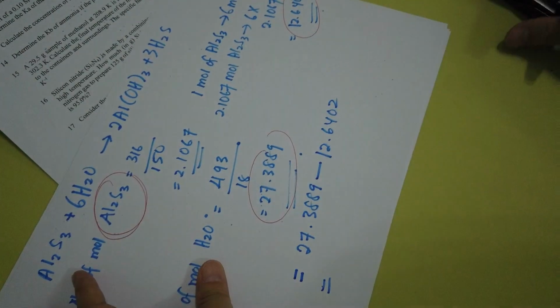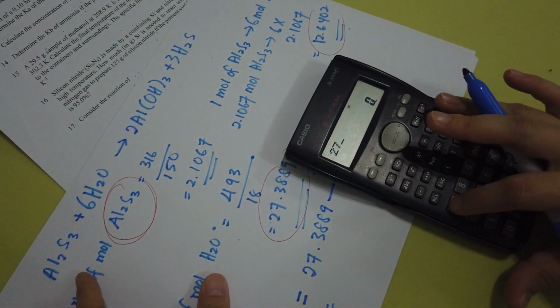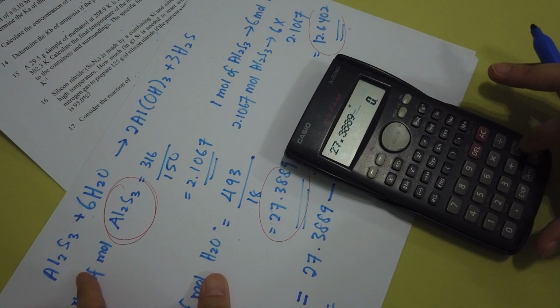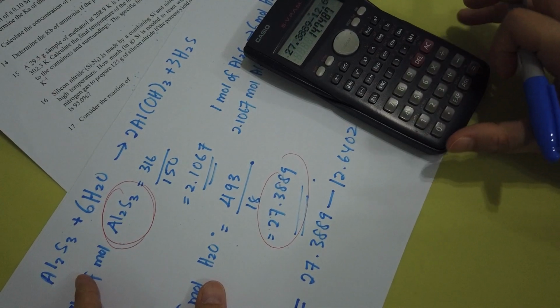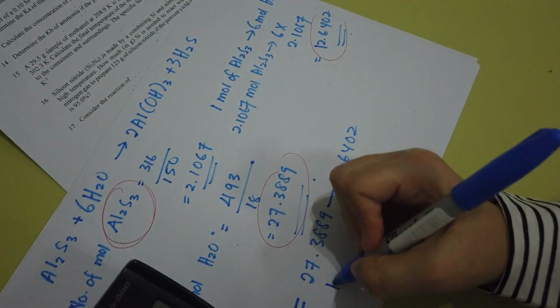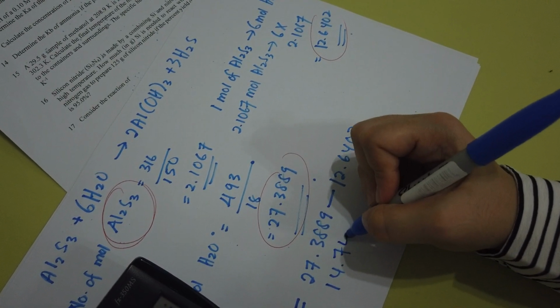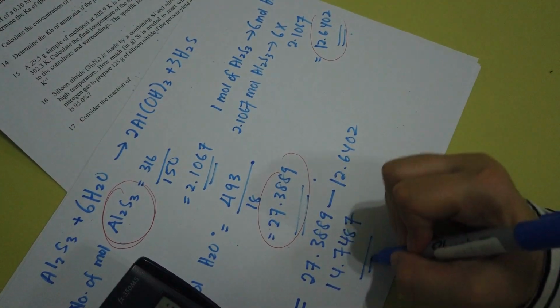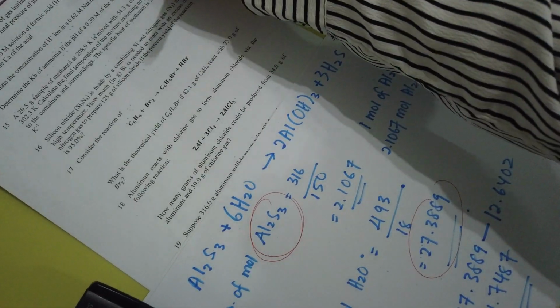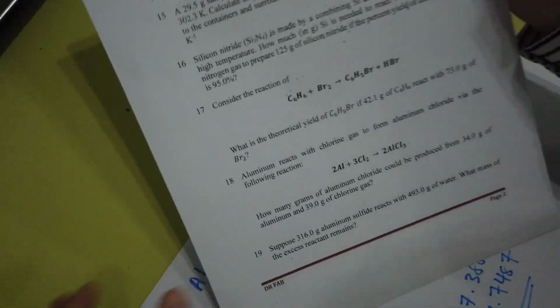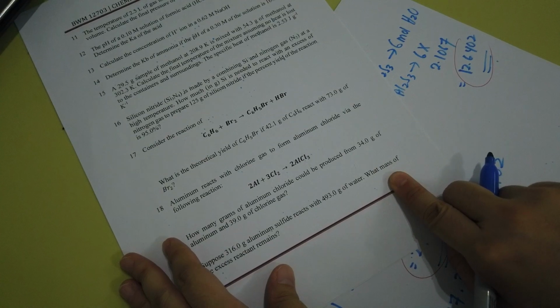So you should get 27.3889 minus 12.6402. You will get 14.7487. But this is not the end of this calculation, because in the question you were asked to calculate the